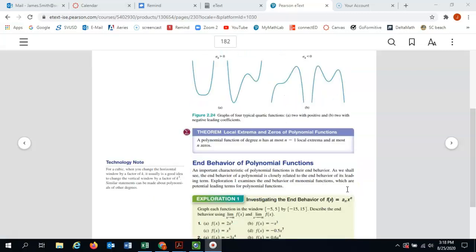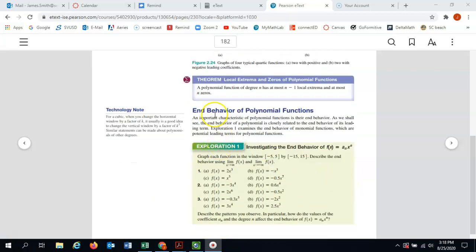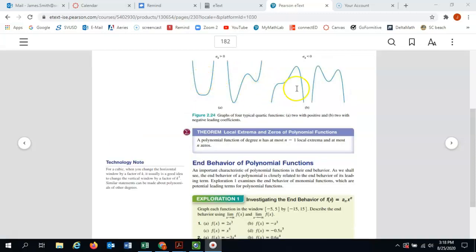So there's a theorem here that they want you to be aware of. When you have a polynomial function of degree n, so n represents the exponent, right? So if it's, say, a fourth degree, so a fourth power graph, which are these, then you can have at most n minus 1 local extrema. So in other words, if my graph is x to the fourth, then I can have at most 3 maxes or mins,